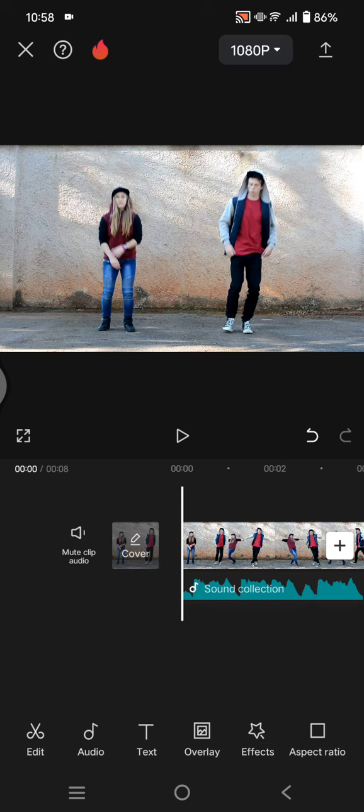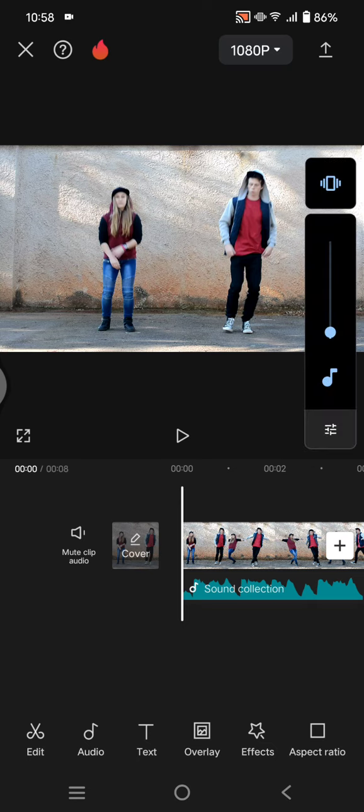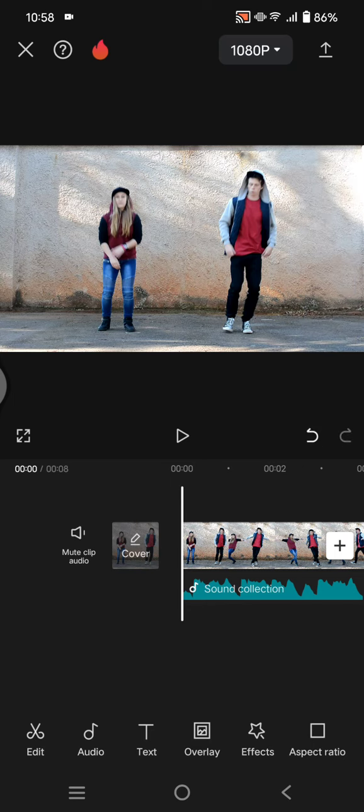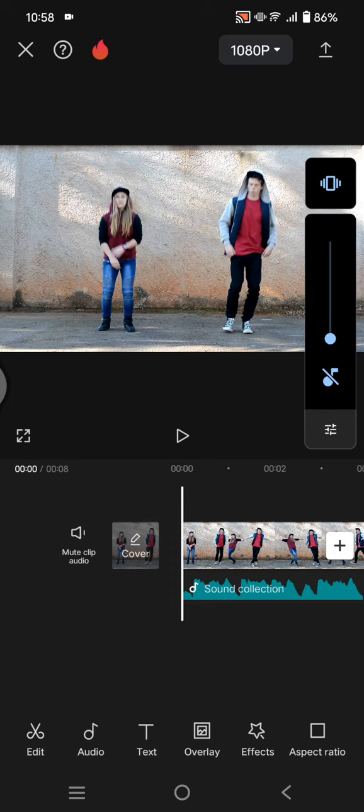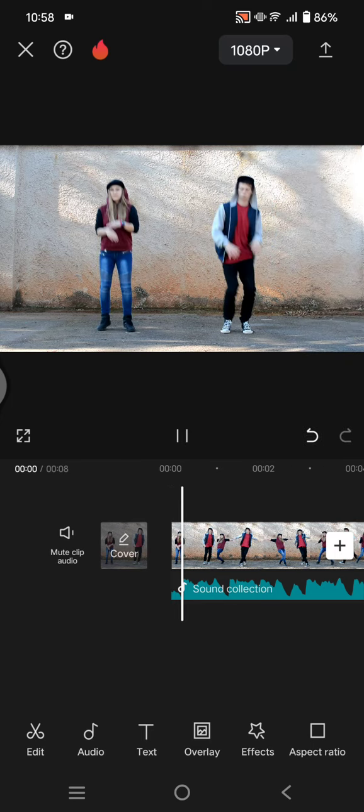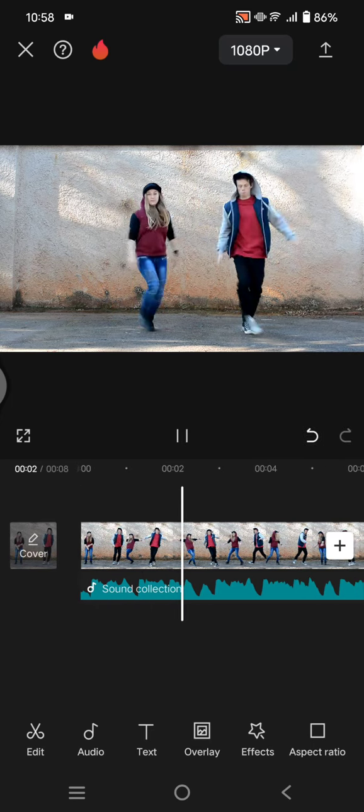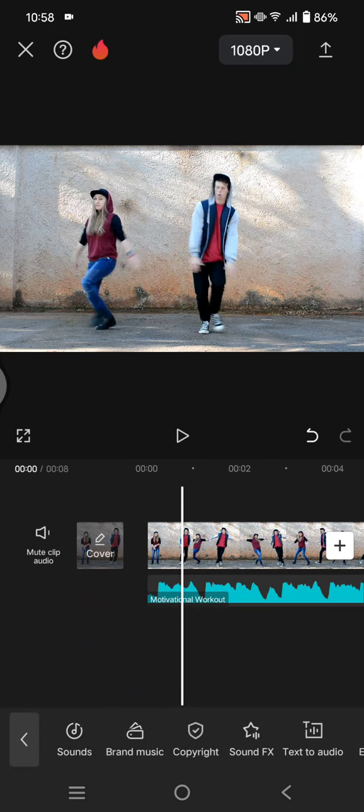On today's tutorial, I'm going to show you how you can create this retro zoom velocity edit in the CapCut mobile. So if you guys didn't know, there is an auto velocity that you can easily use to edit the velocity edit. So what you need to do first is add your video and also the music that you want